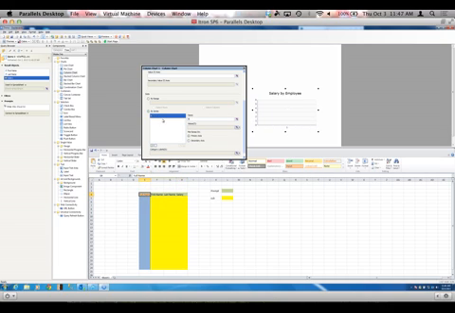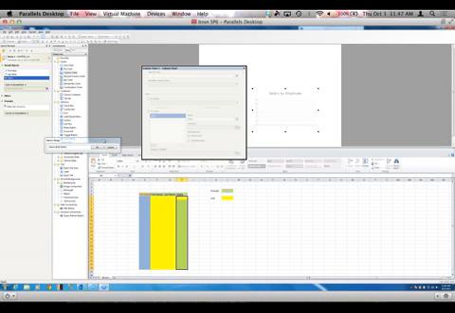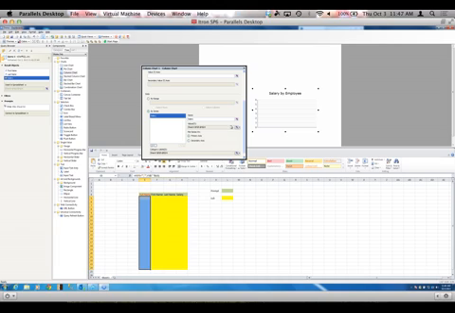And we'll just give ourselves a series, and it'll be salary. Map our values to the salary field, and our x-axis to the names that we've just created.